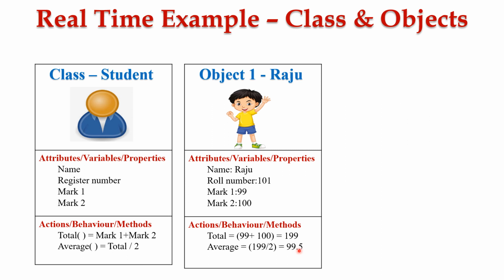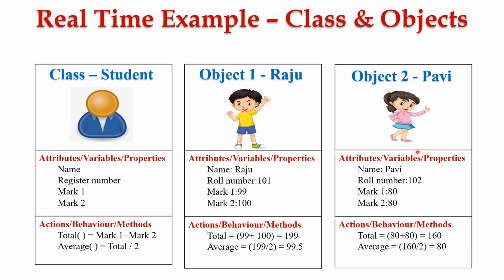Next, let's create an instance for the class student, that is object 2, named Pavi. Pavi has her own attributes, that is her name is Pavi as mentioned above. Her roll number is 102. She has secured 80 in subject 1 and she has secured the same 80 in subject 2. So her mark 1 is 80 and mark 2 is 80. Now let's calculate the total for Pavi. That is 80 plus 80, mark 1 plus mark 2, is equal to 160. Then we can calculate the average, that is total divided by 2, that is 160 divided by 2 is equal